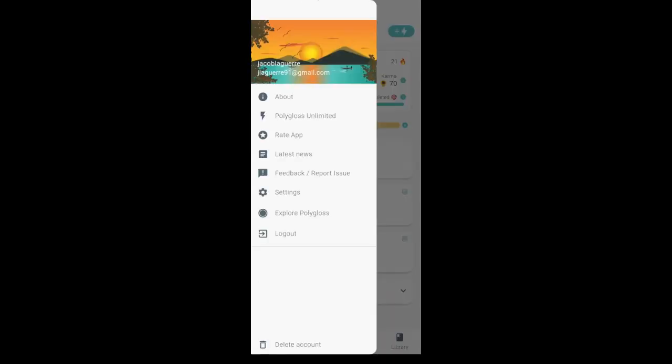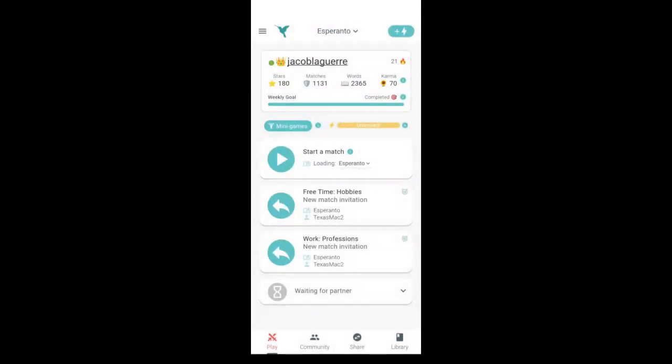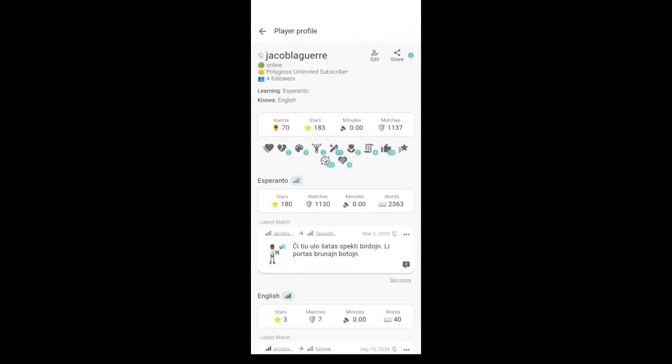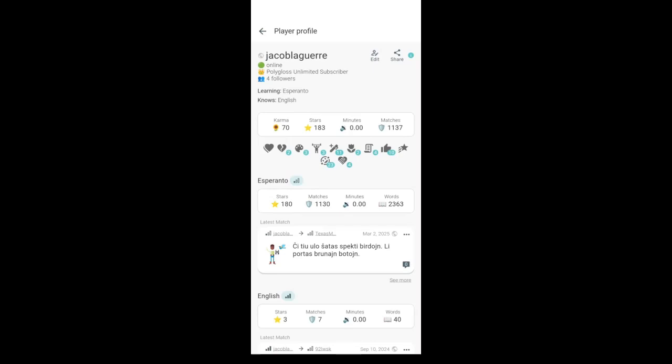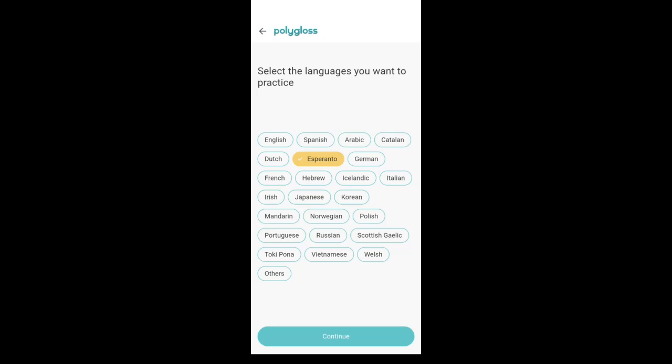But let's say you wanted to add another language, that's actually pretty easy to do. The way that would work is you start here from your home page. You click on your name. That's going to take you to your profile. Then you click on the edit button up here, and then you click on this, and from here you can choose whatever additional languages you want to do. So if you want to do French, or Spanish, you just select it,